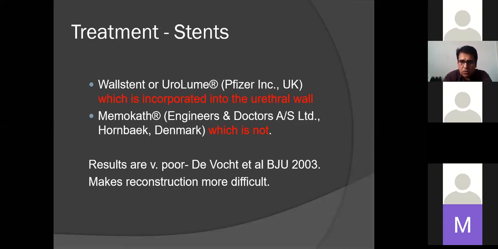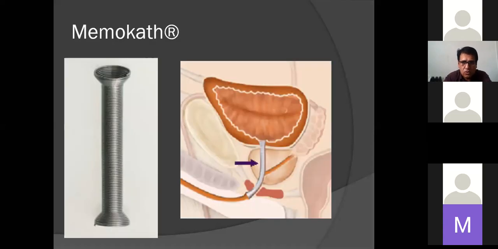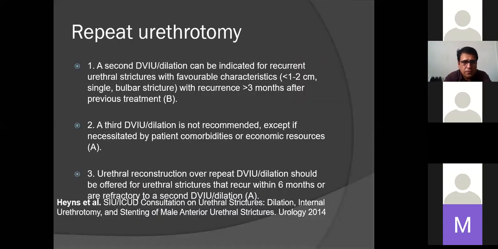Stents are placed only in those patients in whom definitive surgery cannot be done for the time being. For example, if a patient has gone recently through a cardiac surgery, he cannot go for urethral surgery at that moment. You can take the time and go for this temporary procedure until he has completely recovered from other diseases, so that he can go for the definitive management. The Urolume is a kind of tube which is placed. Okay.